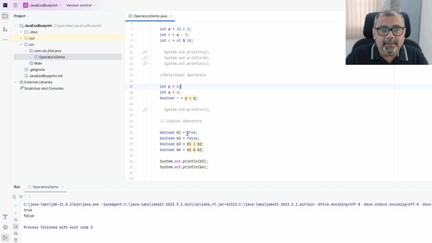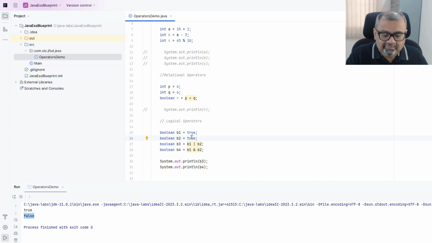We have B, which is true, B1, and B2 is false. True and false is basically true. So true and true. So 0, 1 and 0. And similarly we have B1 or B2, and then B1 and B2. So here you see this is 1 and 0. That is how it is basically represented, and you will get the output. And similarly when you do an AND, it would basically result in false, because 1 and 0 in binary is 0. Okay, so maybe if you just make this as true, for example, let us try